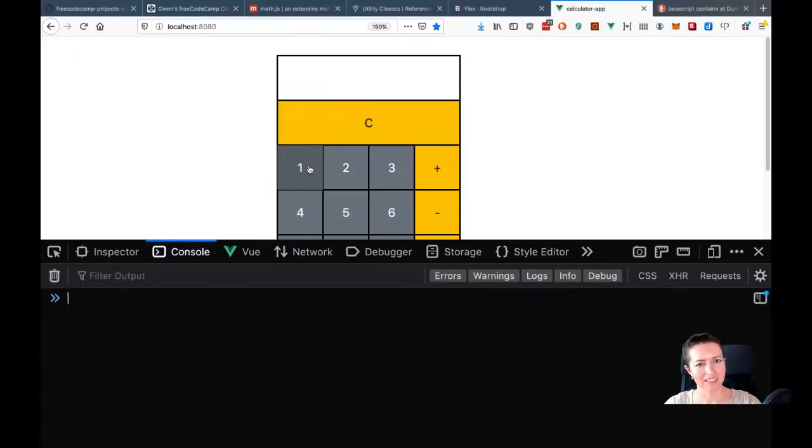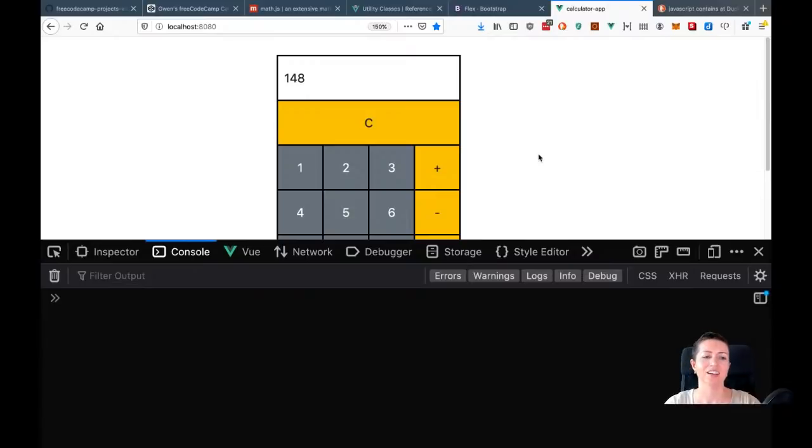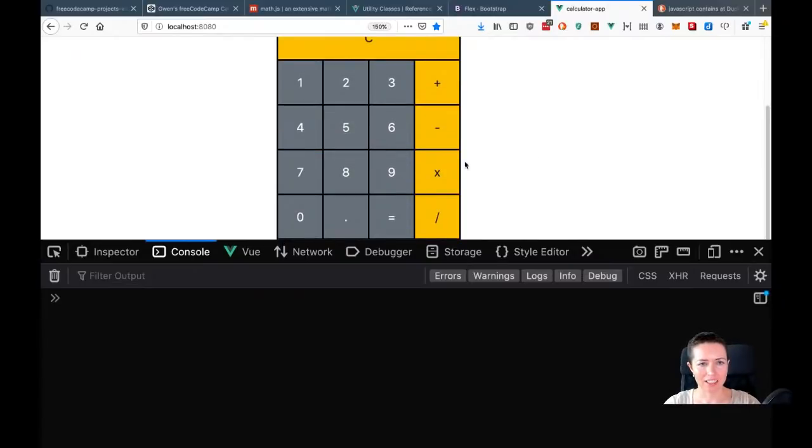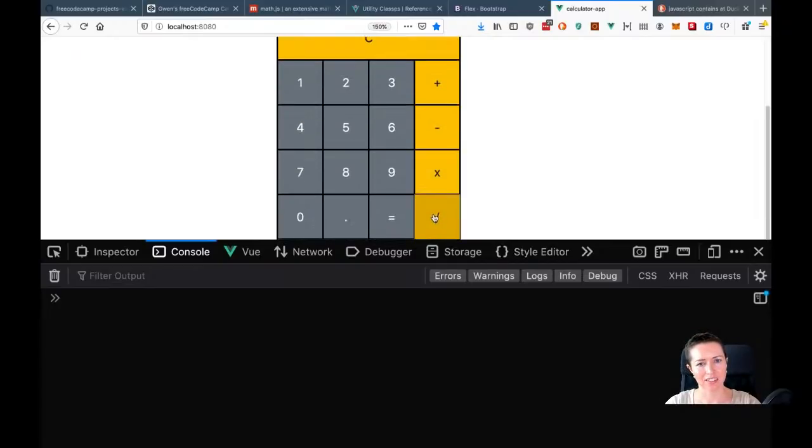Let's see. So 12 plus 3 equals 15. Now if I do, yep, okay. Minus 5 equals, okay, cool. So that all works as intended. That didn't take as long as I thought it would. Yeah, and then divide by 9 equals,